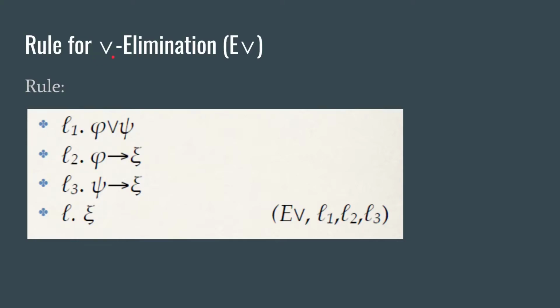The rule for disjunction elimination is a little bit more complex, but the idea here is you want to ask yourself, if I already have a disjunction, how can I apply this to drawing a new conclusion, chi? Well, the way to do this is to show that both of the disjuncts, phi and psi, lead to chi. So to eliminate a disjunction, we need two arrow statements. We need an arrow statement with each of the disjuncts in the antecedent position, and both of them pointing towards the very same